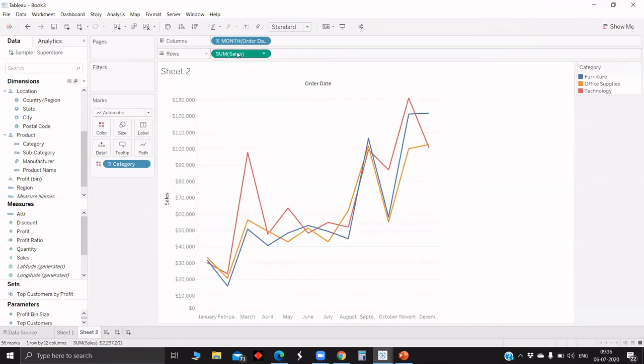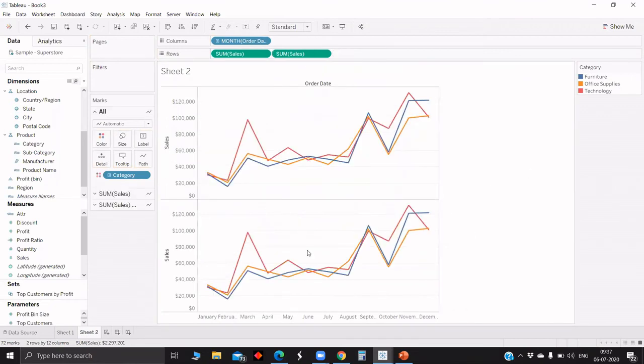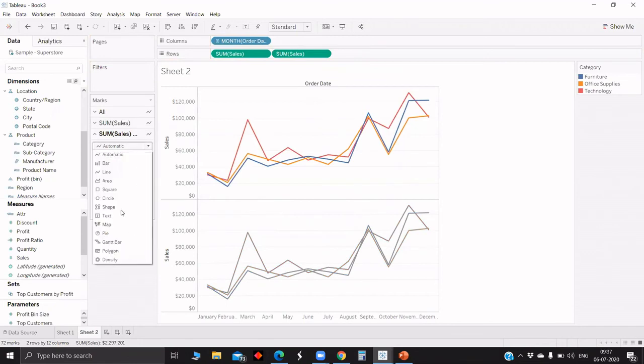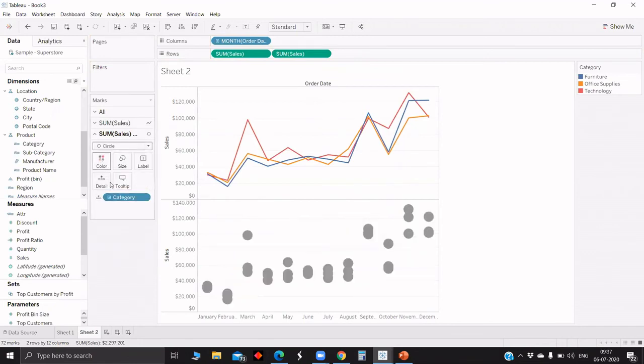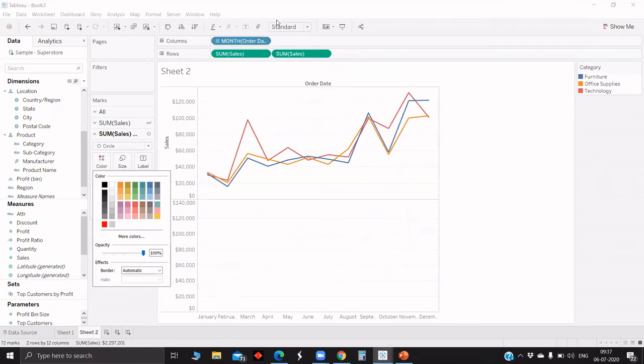So what we'll do is pull the sum of sales. For the second one we'll put category in detail. All of them will come in unique colors, and we can change this to circle and change the color to white.